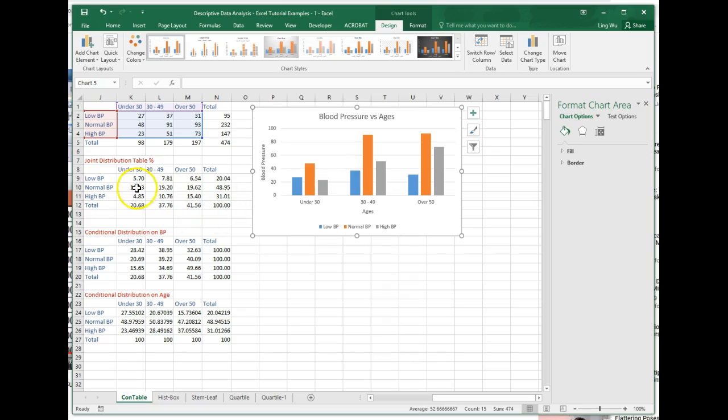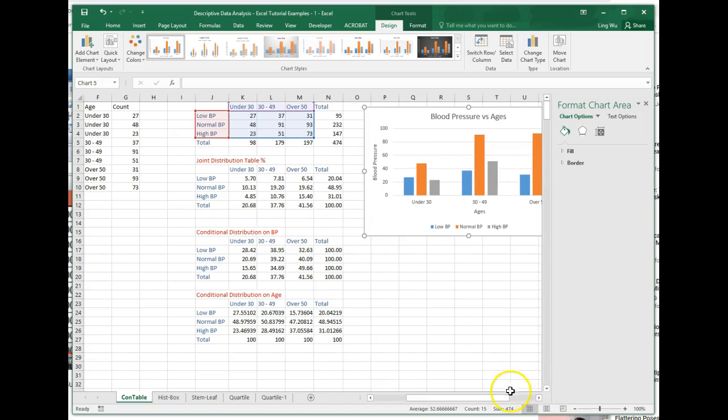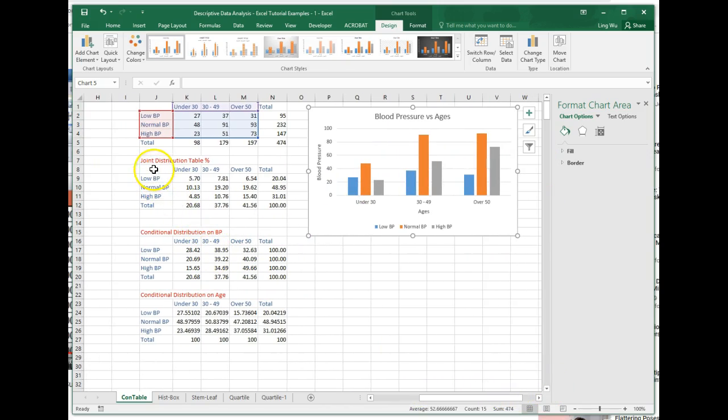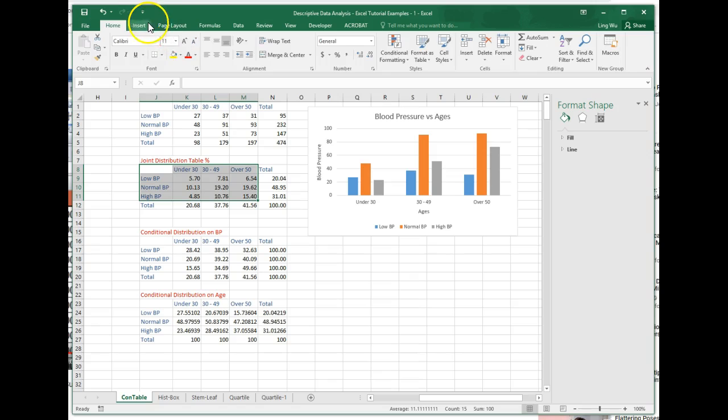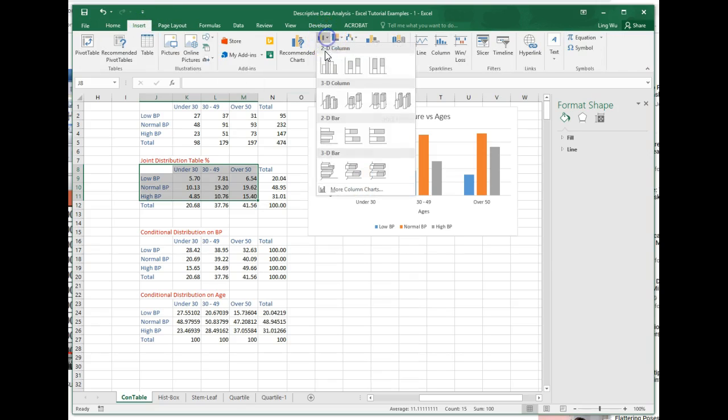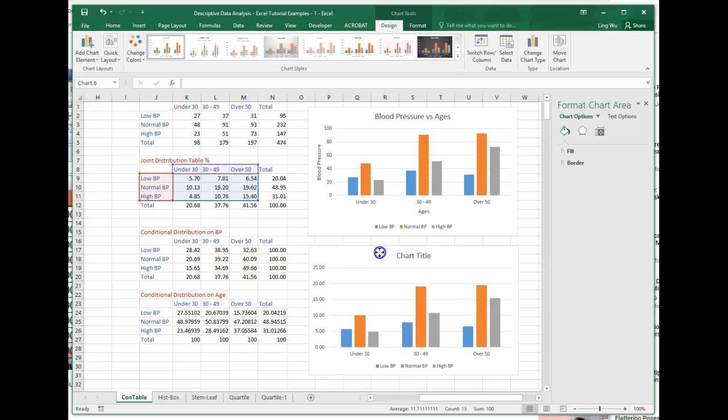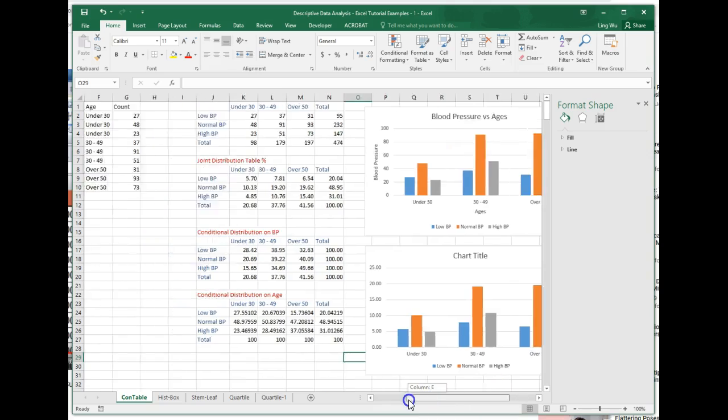Okay, so that's basically a basic bar chart. Of course, we can do the joint distribution tables also using a bar chart. This one is the same thing. We select only values without selecting totals, and then insert a bar chart. This will give us the percentage rather than the frequency. You can add more, change the chart titles, change those values. And this is for the bar chart. I will just stop here, and then we come back for